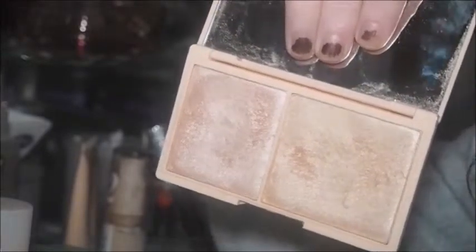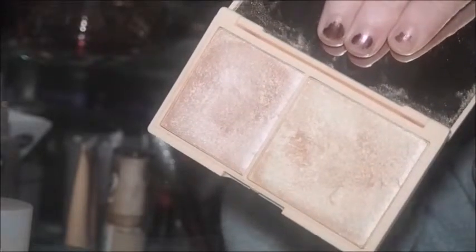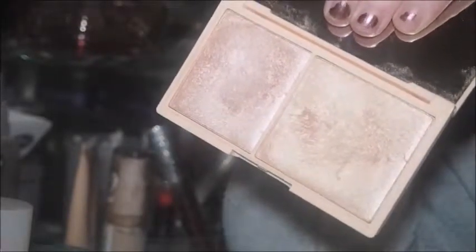Then I have this, and this is the I Heart Revolution Rose Gold Glow, and this is a dupe, or should I say the Pixie is a dupe for this because I think this came out first. I've had this ages in my collection. I don't know how long Delicate Dew's been out. It could have been out a long time, but I took this into Marks and Spencer's where they sell Pixie products, and I swatched them against each other, and no word of a lie, guys, they are complete dupes of one another. I do still want the Pixie one, just so I can do a video on it,